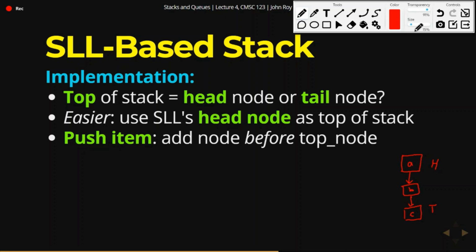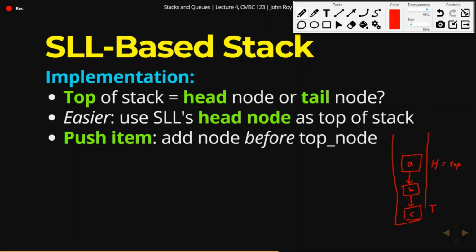So if you push an item, you add the node before the top node, and we said that the head node is also the top node, right? So if you push an item to the stack, so this is our stack,